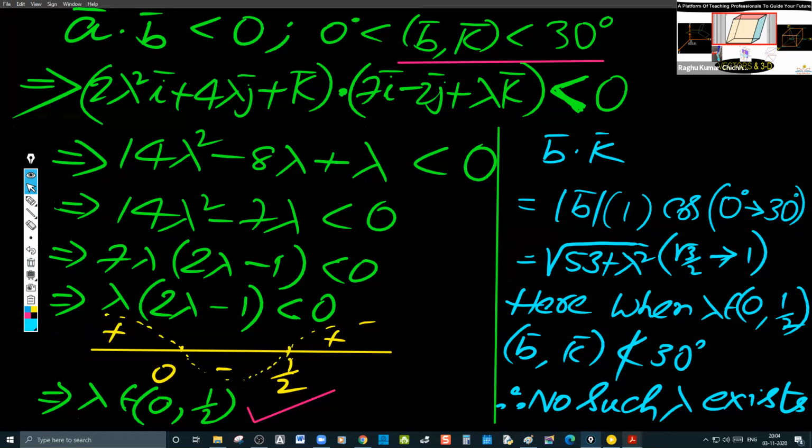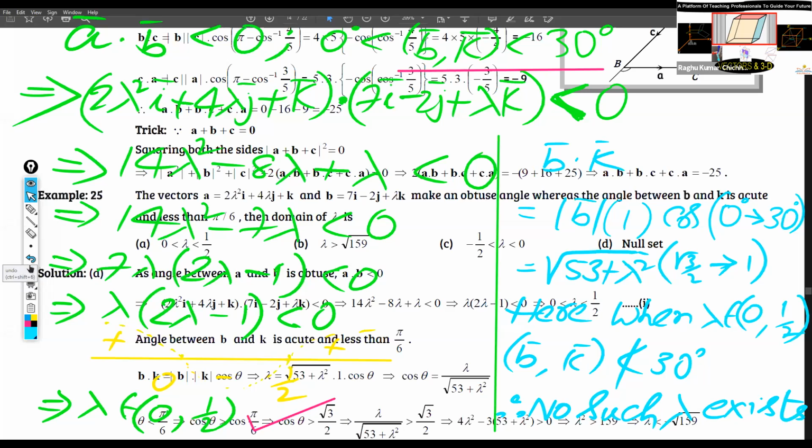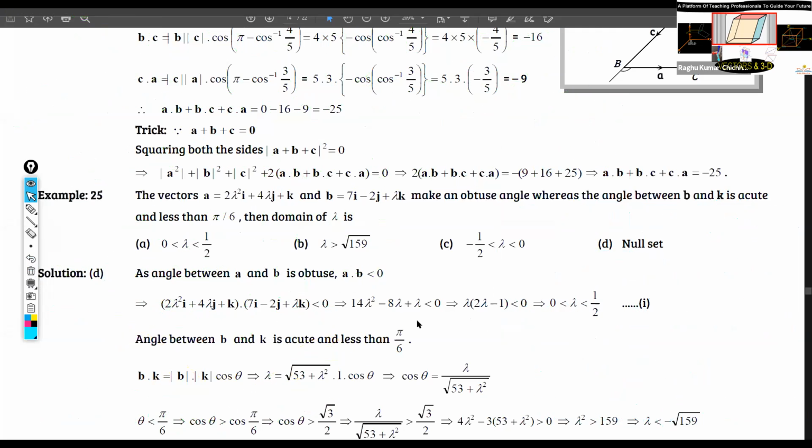So there's the same method where he did also the same method. So 53 plus lambda square into 1 into cos theta. So cos theta is equal to lambda over root of 53 plus lambda square. So theta is less than pi by 6, he gave. So cos theta greater than cos pi by 6, and cos theta greater than root 3 by 2. So lambda by root over 53 plus lambda square is greater than root 3 by 2. So he got an equation like this, and lambda square greater than 159. He got it. So lambda less than